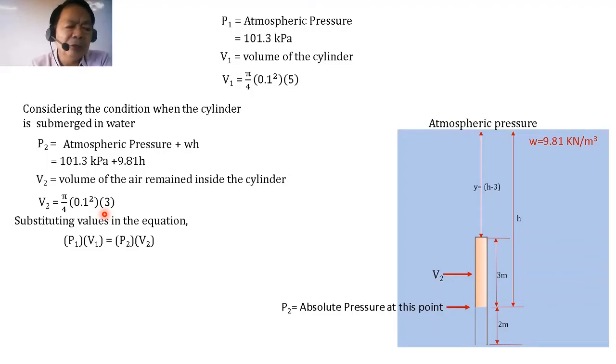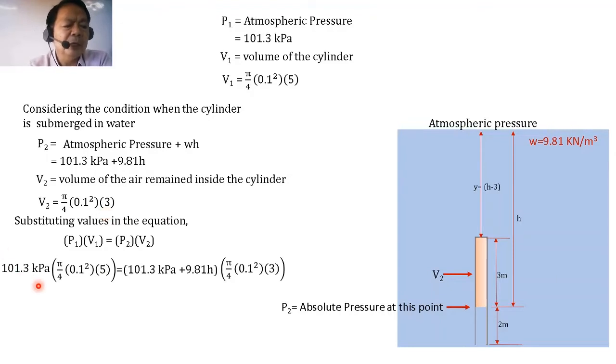So kunin natin yung lahat ng value na yan. So we will have this value: 101.3 kilopascal times pi over 4 times 0.1 squared times 5 will be equal to the quantity 101.3 plus 9.81 h, multiplied by pi over 4 times 0.1 squared multiplied by 3. So from there, makita natin yung pi over 4 will cancel, ano? And the 0.1 squared will cancel, leaving us an equation which has an unknown equal to h. So that if h will be solved and simplified, we can compute for the value of h equal to